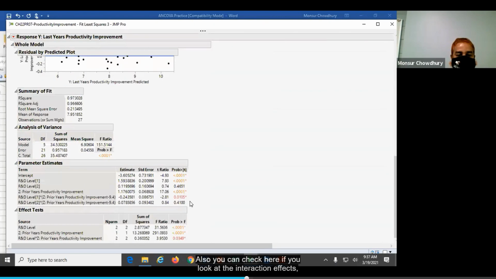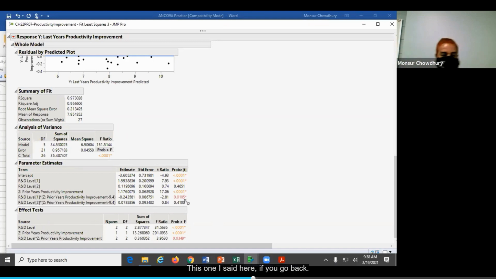And also you can check here, the interaction effect is significant. Yes, sir. So that completely throws out the entire ANCOVA? You can't use ANCOVA if that's... No. There might be some relationship, that's what I said. But we can still use ANCOVA. If it is violated, we can still use ANCOVA, but we need to check whether there is a violation of these assumptions. So it doesn't mean that you cannot use the ANCOVA. You can use the ANCOVA, but you report that the homogeneity assumption is not met.